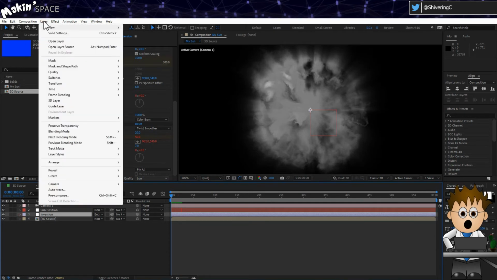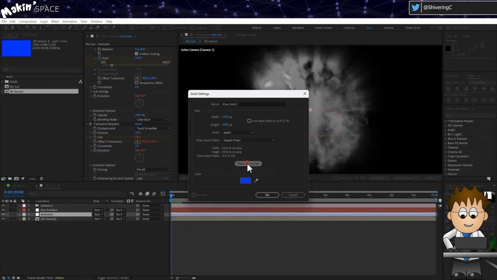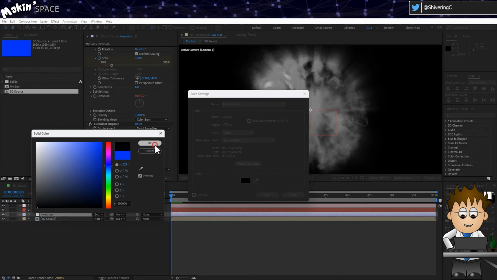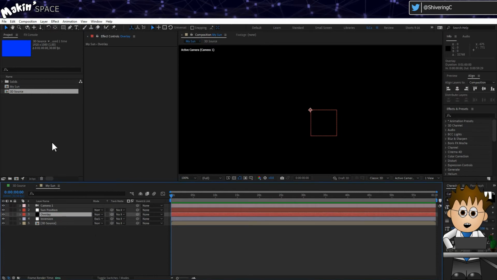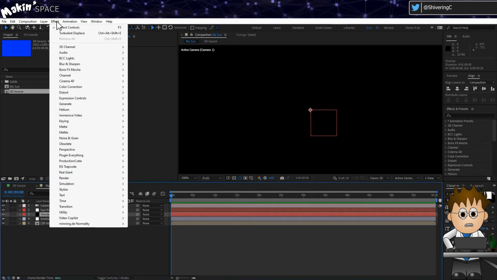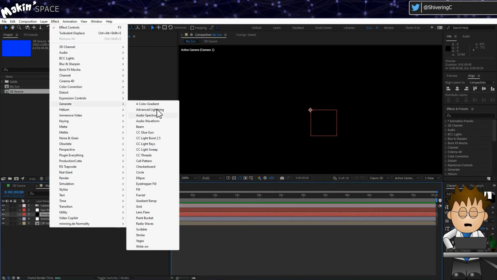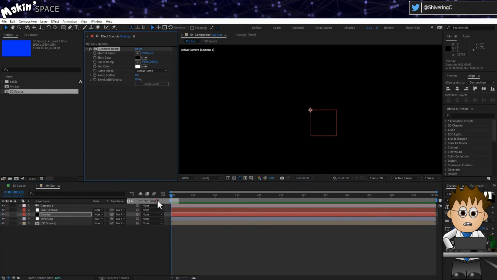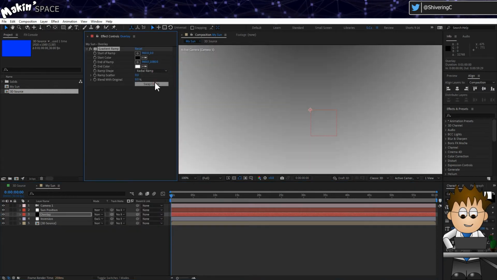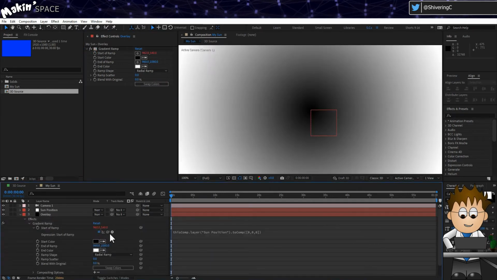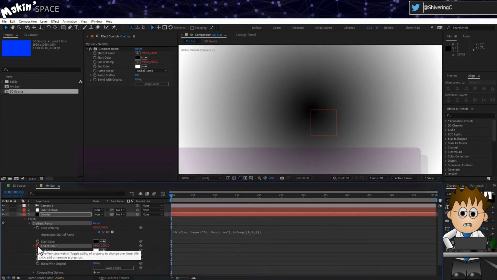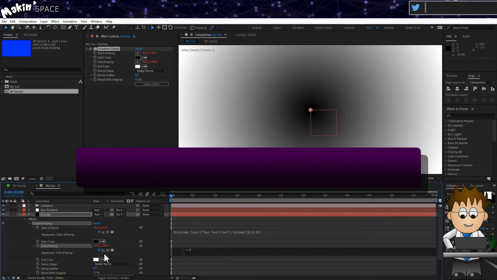Now, create a new black comp size solid and call it Overlay. Drag it down to be above the inversion adjustment layer and go to Effect, Generate, Gradient Ramp. Make it a radial ramp, and use that copied expression from before for the start of ramp property. And for the end of ramp, hold Alt and click on its stopwatch and type